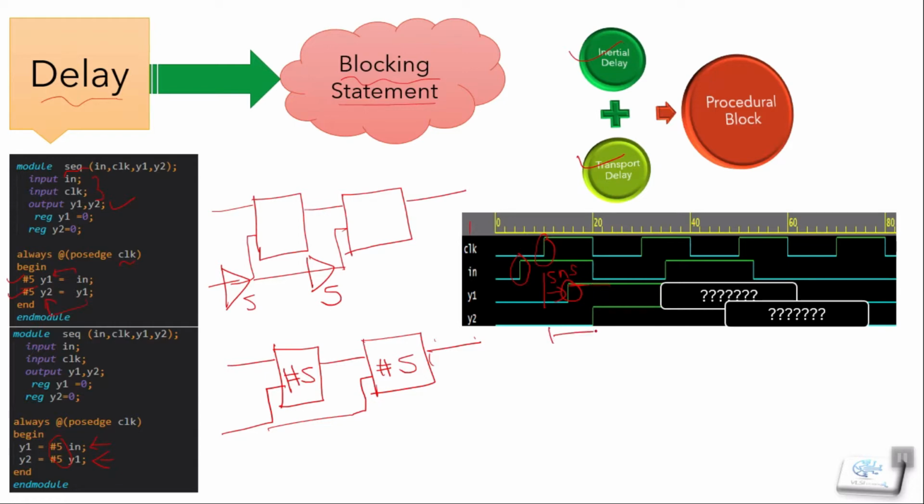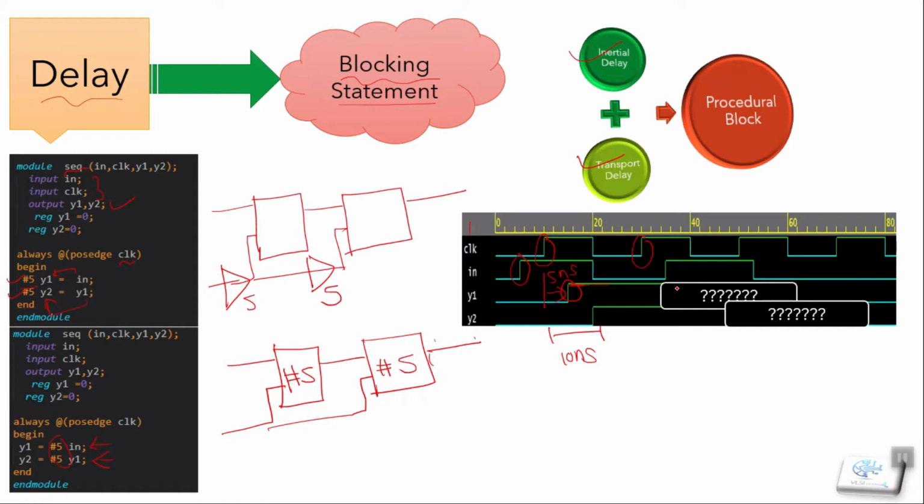Similarly our y2 goes high after 10 nanoseconds. We talked about this in our previous lecture on the blocking statement. It goes high on the next positive edge of the clock, and here comes the problem.